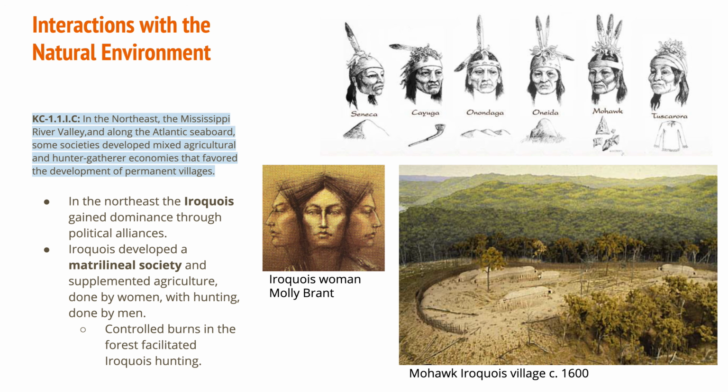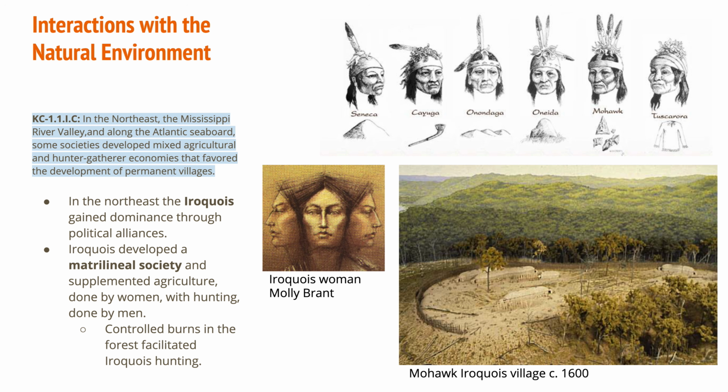In the Northeast, we've talked about the Iroquois. They are the most powerful group up there. They gained dominance through their political alliances, and they developed a matrilineal society. So that means that once a couple got married, it was the man that would go and live with the woman's family. Hunting would normally be done by the men, and the agriculture would normally be done by the women. And because they were key to this part of sustaining the tribe, they in turn got a lot of political